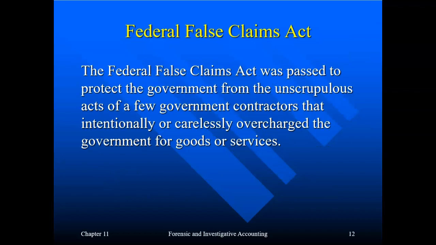The next part we're going to talk about is the Federal False Claims Act. Now, before I get into this, I want to remind you, make sure you go back and read the chapter very well. Back in the chapter, there's a case study. It's the Coho grocery study. That's a very good example of applying the antitrust laws, and you can see how the accountant works through the numbers to find out if it's been priced below average variable cost. So go back into the chapter and read the Coho grocery case and follow it in close detail.